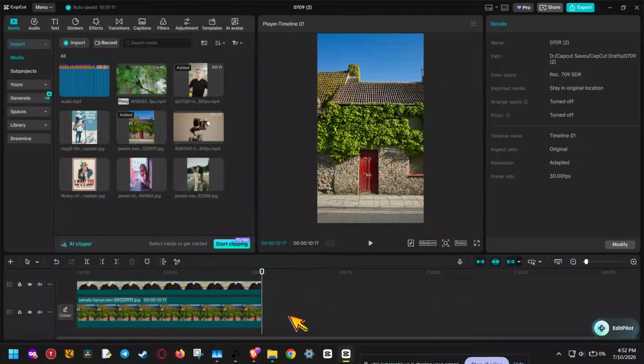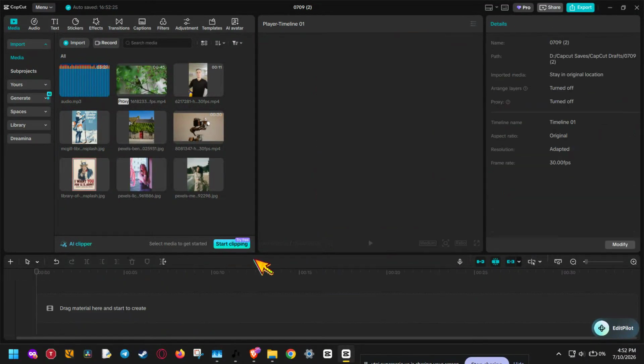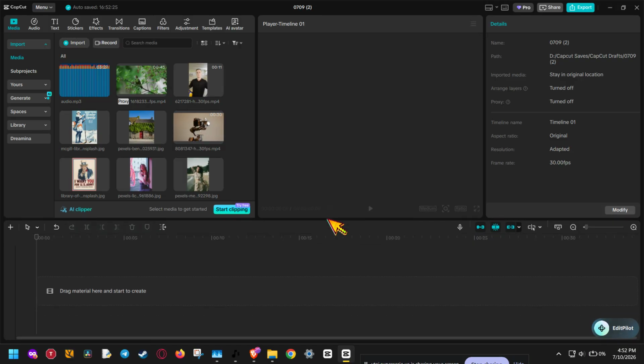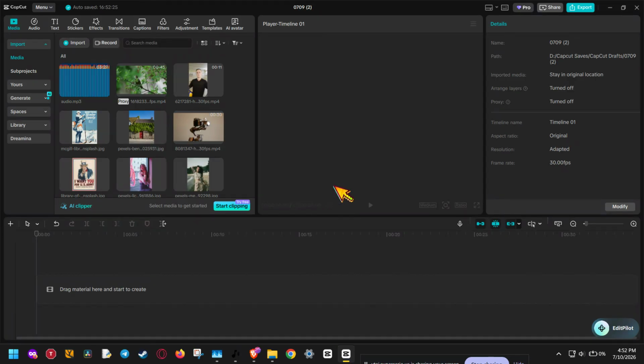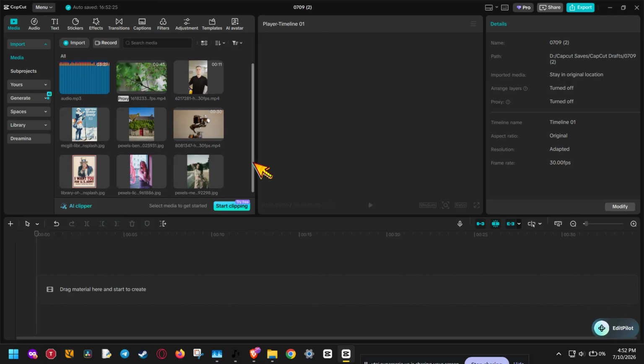In this video, I'm going to show you how to create the rolling camera dump trend video for TikTok and Instagram Reels using a CapCut template. This trend is super popular because it feels fast, clean, and effortless, and it's a great way to turn a bunch of photos and short clips into a polished reel in just a few minutes. If you want to make your content look more trendy and more engaging, this is a really easy edit to